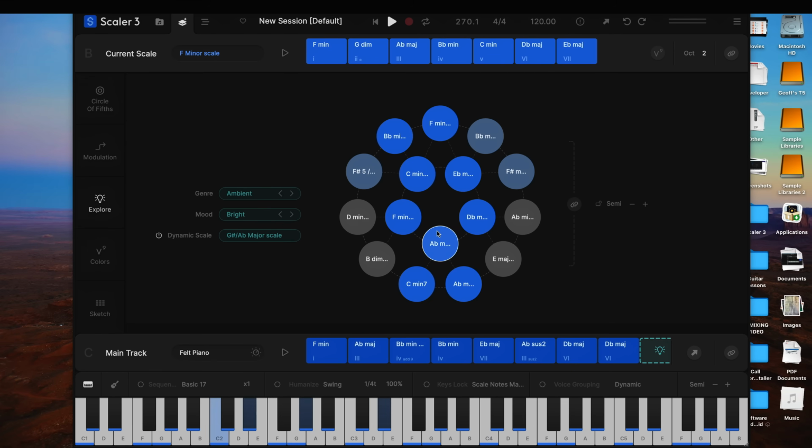So right now, if I press something, you'll see some colors change. That's because dynamic scale is on, and dynamic scale is going to adjust the colors of the chords, and it'll kind of indicate how closely they are in terms of relation to the last played chord. If I turn this off,